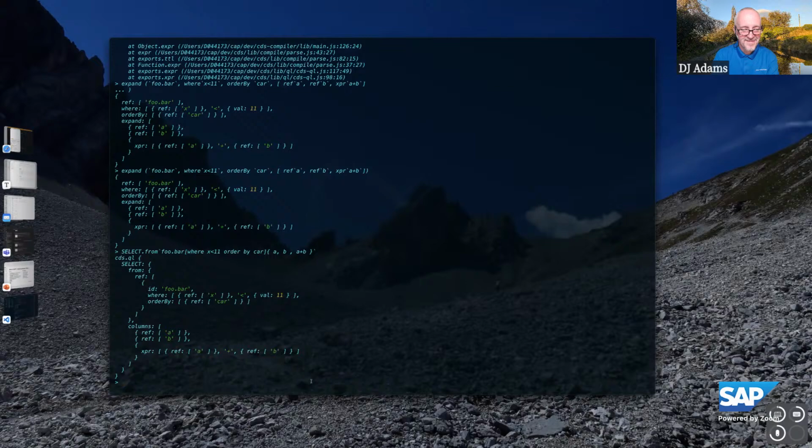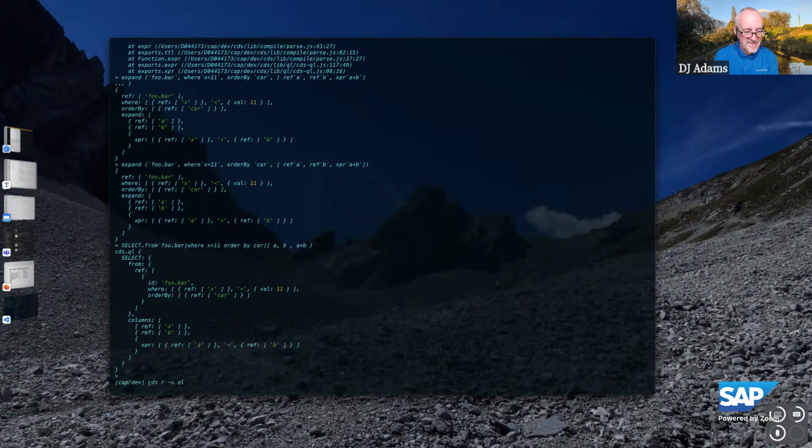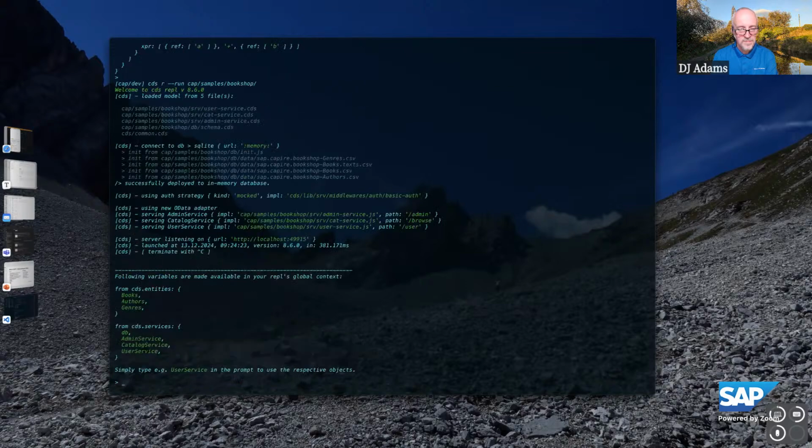Yeah, so that was just about introducing these new options, and the other one is the run. So I want to run my bookshop, which I happen to have here in this sole folder. While you're typing that, I was going to ask, what was that dash U? Is that a new thing, the dash U and the dash R? Exactly, U stands for use and R for run. So the R for REPL. Yeah, in the Alpha REPL, of course. So now we have REPL started with our bookshop.